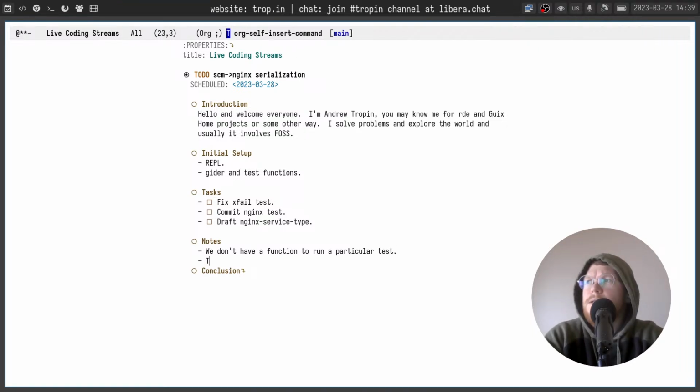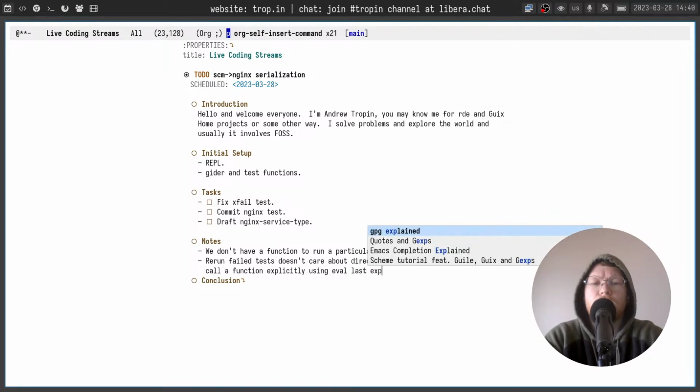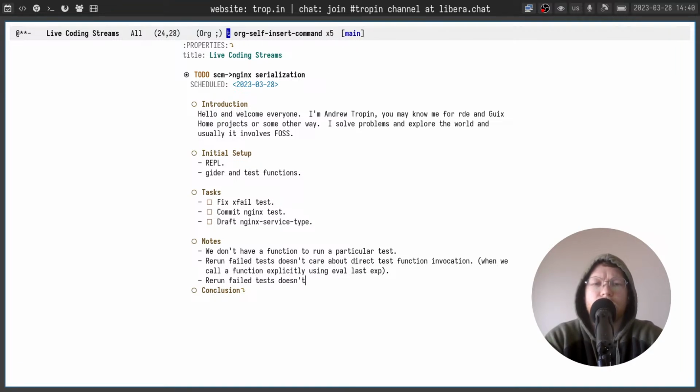Second, rerun failed tests doesn't care about direct test function invocation when we call the function explicitly using eval, and rerun failed tests doesn't care about xfail,